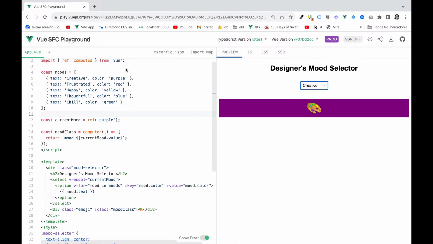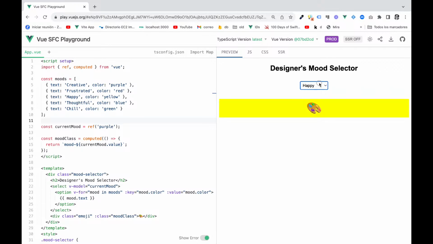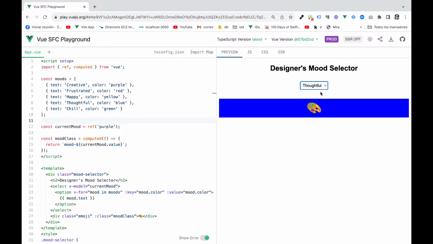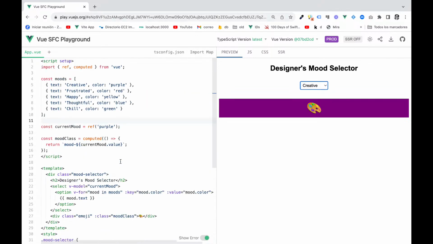Okay. So this is a sample that we're doing for designers. It's a simple app. All it does is when you change the colors, it changes the background. It's simple. If you did this in HTML, it's very simple. You've got the CSS, and that's another thing. Another of the advantages of